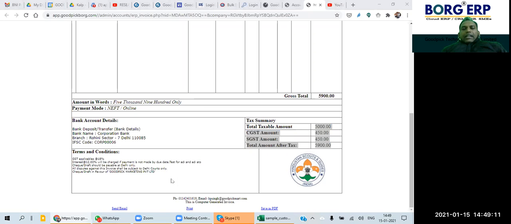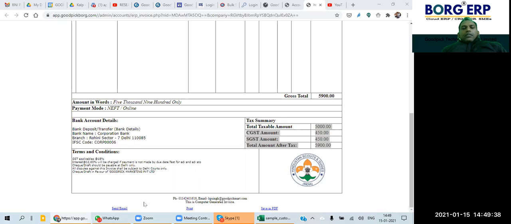Now another thing is that I was talking about mailing the invoice from this system only. So here there is one option, if you are able to see, the send mail. Send mail means if you want to send mail directly to the customer, then it will get delivered to the registered email ID in our customer database.